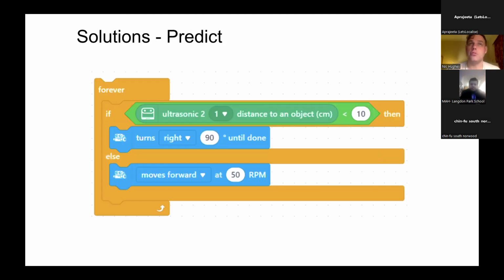So there's two solutions to it, and you will have to play around with this to make sure you're getting it correct. Because again, that 10 is centimeters. It should work, but you may find things in your room that cause issues, loudness. Other robots can cause interference, so sometimes you have to play around with this as well. So, do people want to have a quick fiddle with that? Do they want to try that out for a moment?